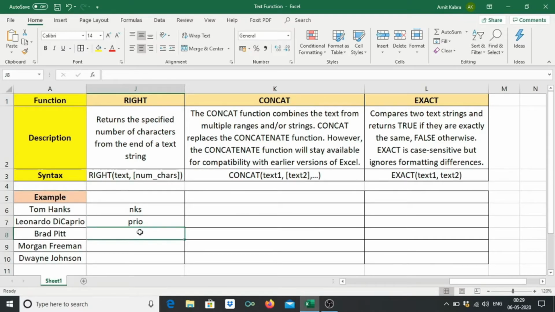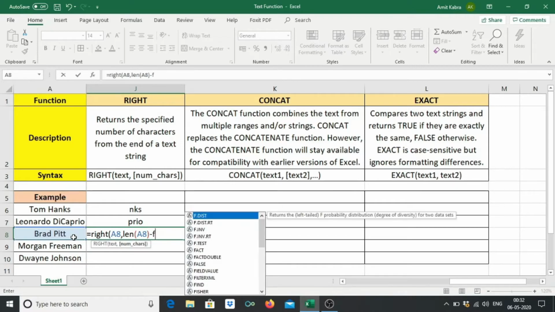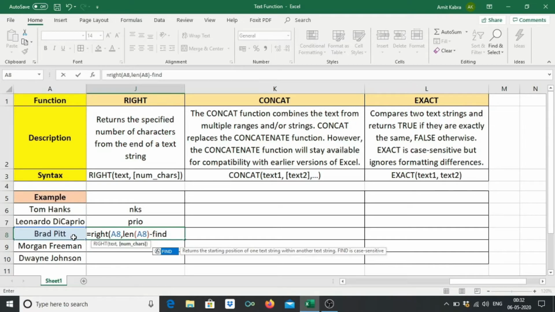Now if we want to return only the surname, like in the LEFT function where we used a combination of LEFT and FIND functions, here also we will use a combination of RIGHT, FIND and LEN functions. If you want to display only the surname of Brad Pitt, the formula will be equal to RIGHT, we have selected Brad Pitt, comma. Now how many characters do we need to select? We will find out using the FIND and LEN functions. We will take LEN of Brad Pitt bracket close minus the FIND function to find out at what position